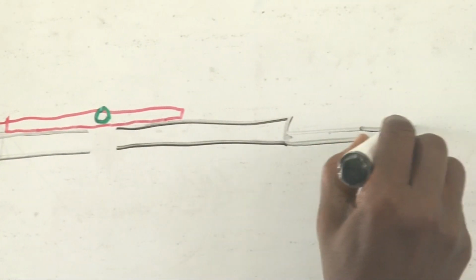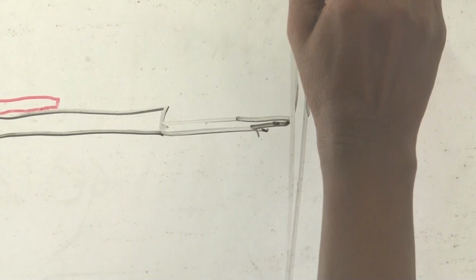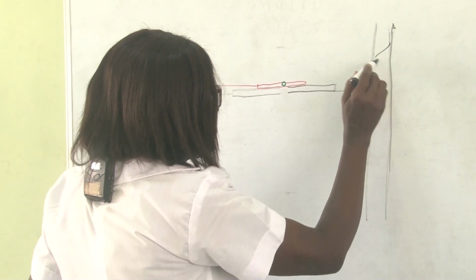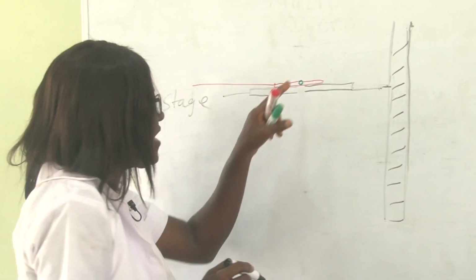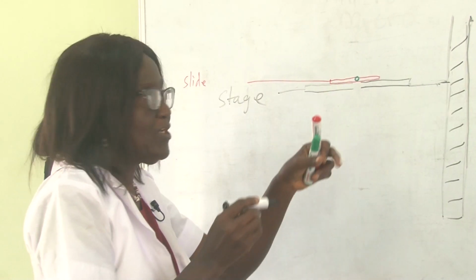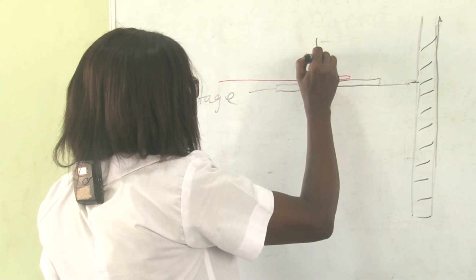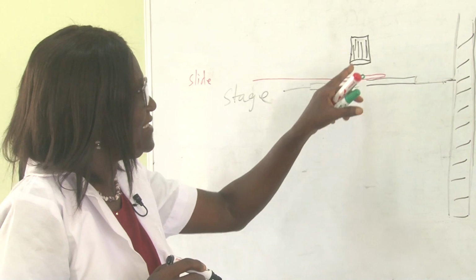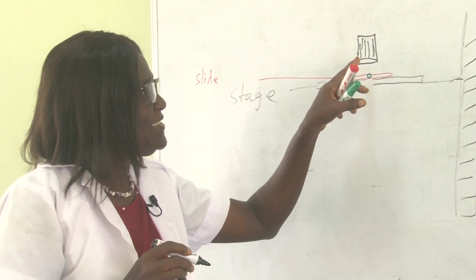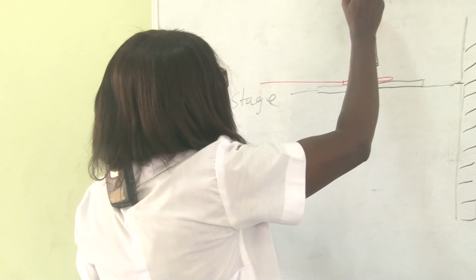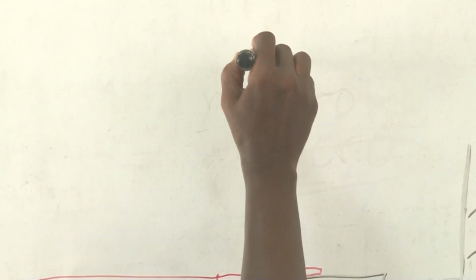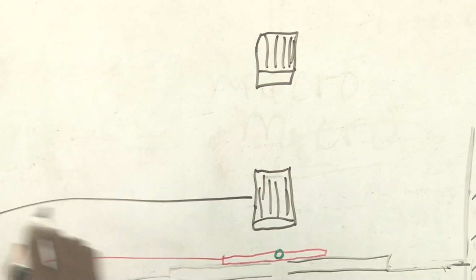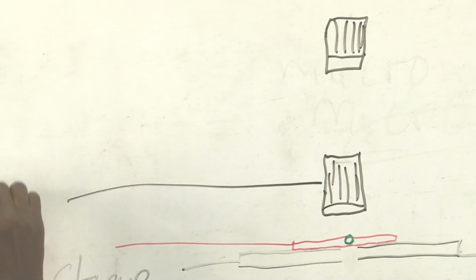All right, so let's have a structure that is holding the stage. So this structure is holding the stage in place. And we can't see this organism with our naked eye. So a lens is placed here, so that this lens can help us to see this organism. This lens is not enough. So we have another lens up there. And this lens is very close to the specimen. So we call it objective